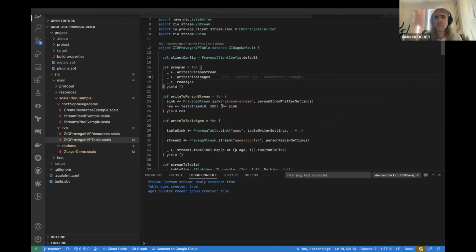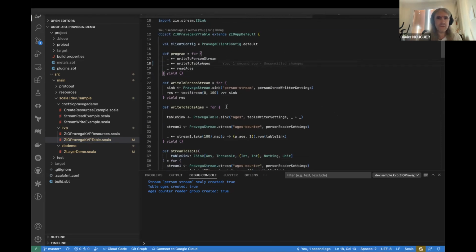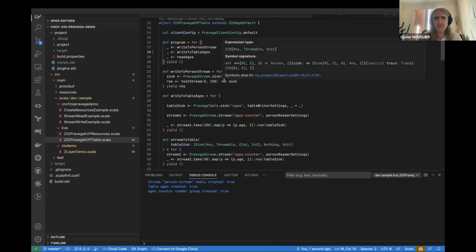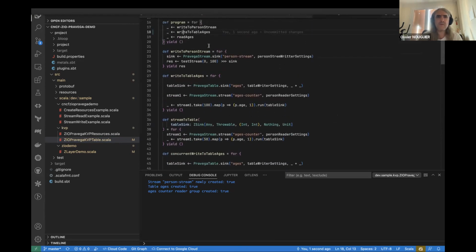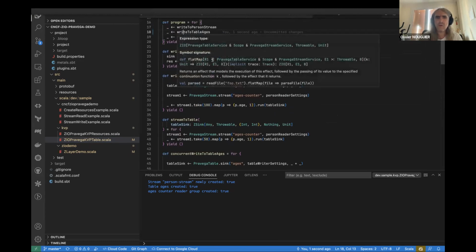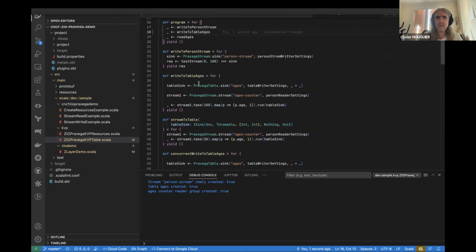You see there is some fancy operator. Some people like them. And so this is the part just to fixture the test. Then I want to write to the table. So here I have a sync to write to a KVP table with some settings, and this is the function